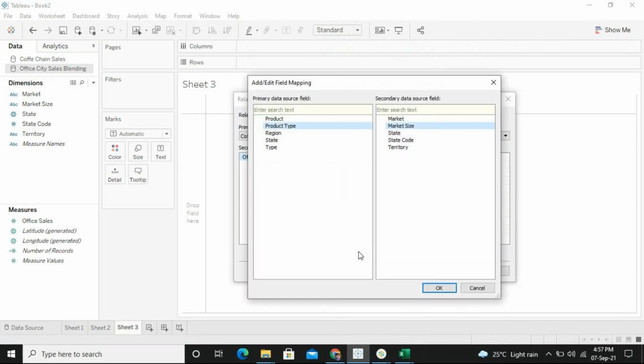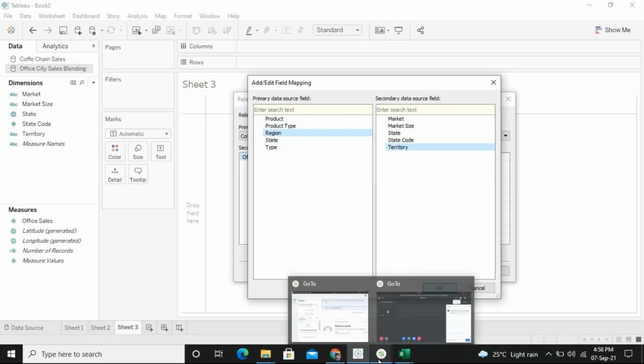Just click on add. So on the left side what we have to choose and on the right side what we have to choose. From the coffee chain on the left side I have chosen region, and from the office sales on the right side I have chosen territory. So is this right or wrong? This is right. So now if I click on OK,